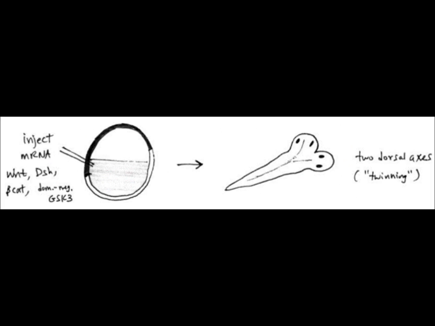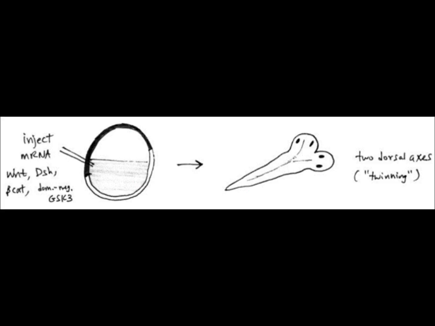So evidence for the role of the Wnt pathway in developing dorsal structures in the Xenopus embryo is actually shown above. Right? If you inject Wnt or Dishevelled or β-catenin or dominant negative GSK3 mRNA into the future ventral site, it will actually cause the development of a secondary dorsal axis, which is shown to the right. And you can see how this Xenopus embryo actually contains two dorsal structures, which is the head, eyes, neural